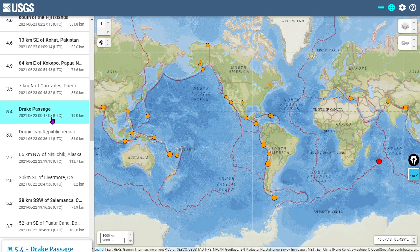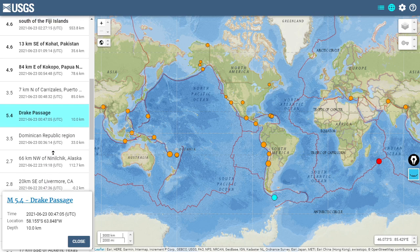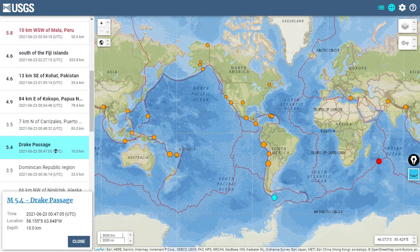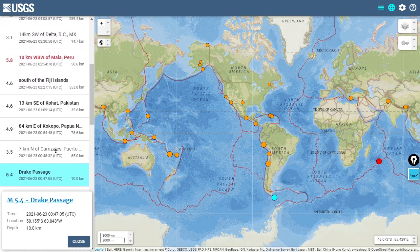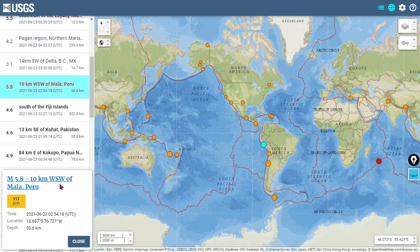The Drake Passage, probably the most dangerous oceanic waterway in the world, saw a 5.4 there, south of the southern tip of South America. South-south-south is where all the action is, seismically speaking. Largest quake of the past 24 was this 5.8 at Peru. Let's check